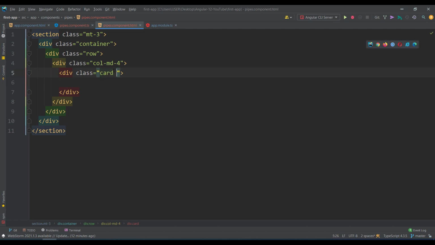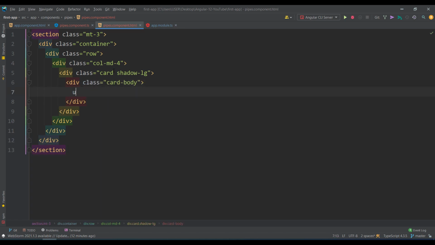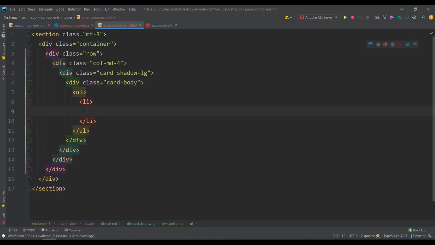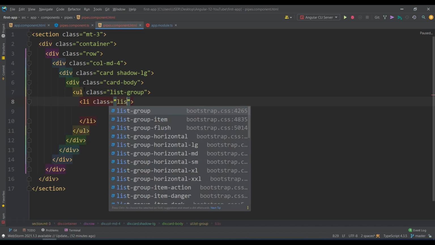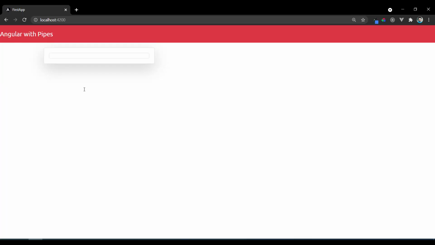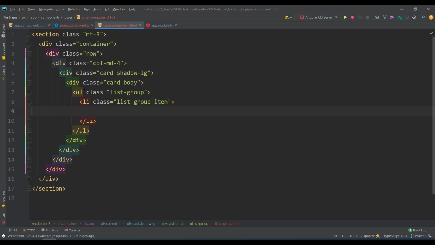You may add some shadow, and then card body. In that, I take a UL and LI, so this displays each in list items. The UL with the class list-group, and the LI with the class list-group-item. Okay, fine.